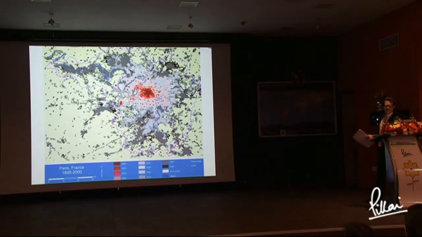So this is a map that shows the growth in Paris from 1800 at the very center all the way to the year 2000. And what we see here when we combine this with population information is that the population of Paris increased 20-fold, but the total area increased 200-fold, in line with our expectations about falling density.